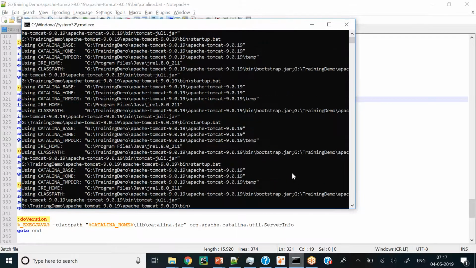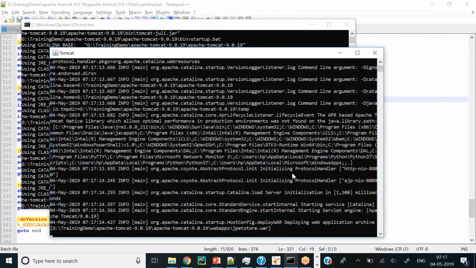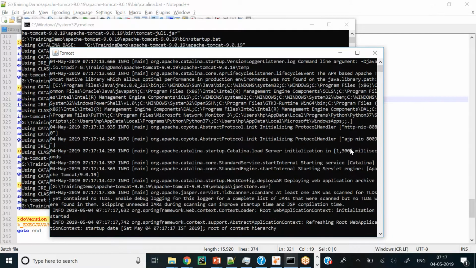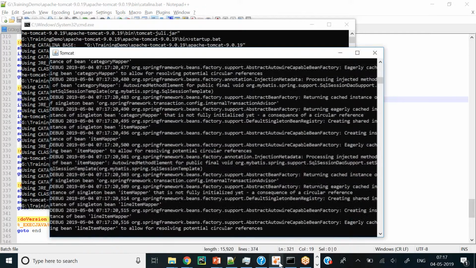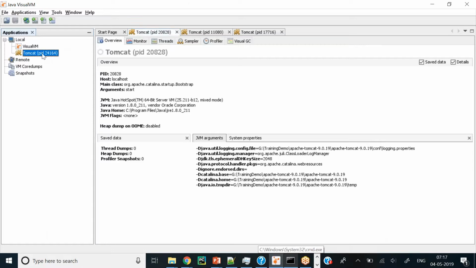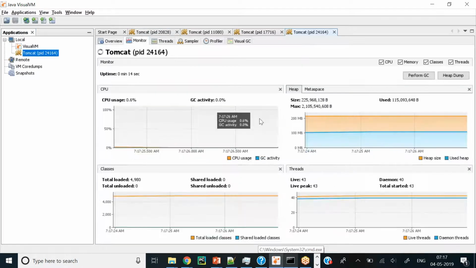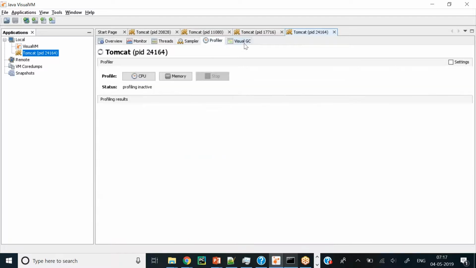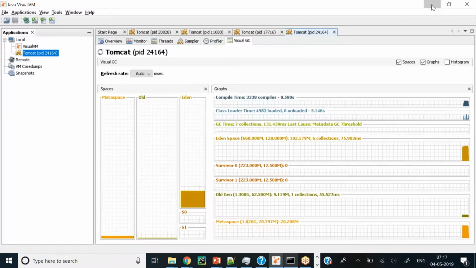Now let's start it up. Tomcat is started up, and you can see the Tomcat PID over here, right? That means Tomcat is started, and for starting it uses the catalina.bat file in Windows.